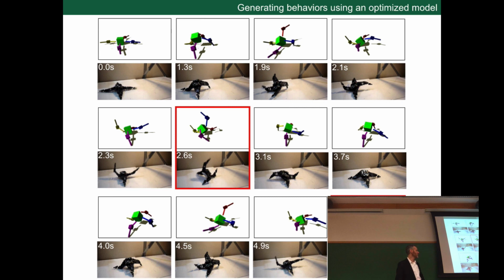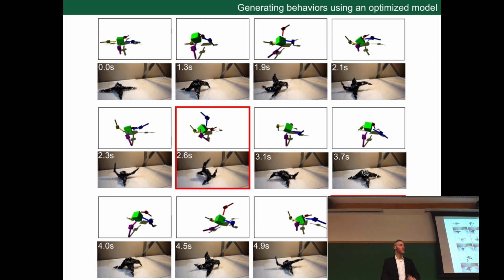So the mass distribution is a little bit inaccurate in the simulator, so it's a little bit more back heavy than it is in reality. So it predicts when it stands up, it's going to fall backwards, where in reality it fell forward. Before I ran these experiments, I would have suspected at this point, that's it. It's made an incorrect prediction and nothing's going to work after that. But it actually recovers and continues on. So I wanted to show you this figure to show that crossing the reality gap is not a black and white issue. There's gray here. Some things work and it can actually recover and continue on.